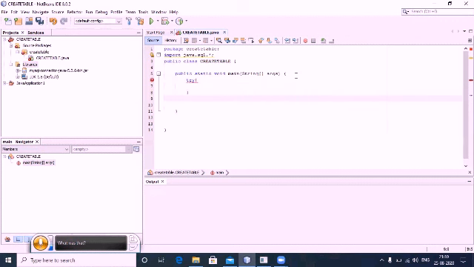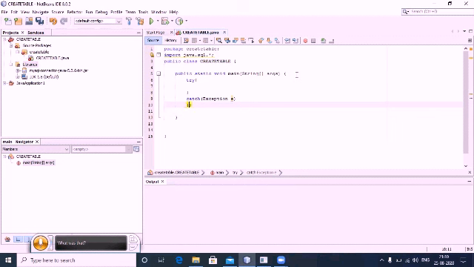Now let me explain what this try catch block is. The try block has a block of program statements within which an exception might occur. Exception is nothing but an error.